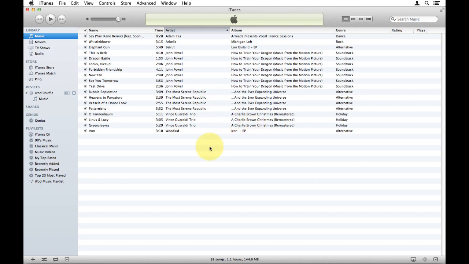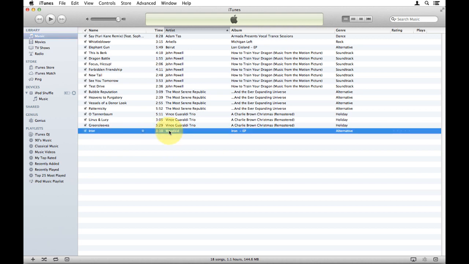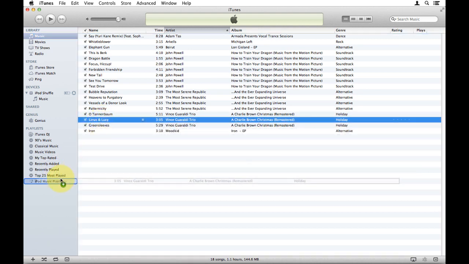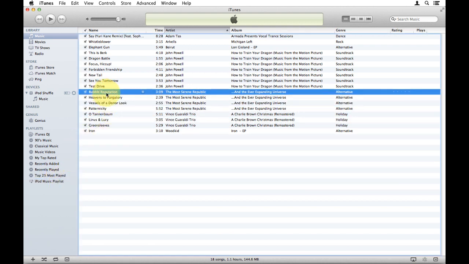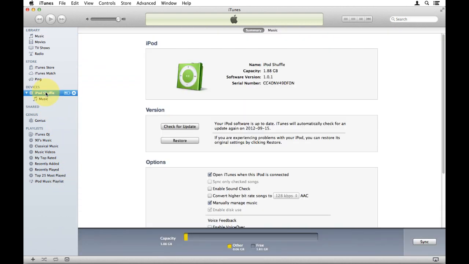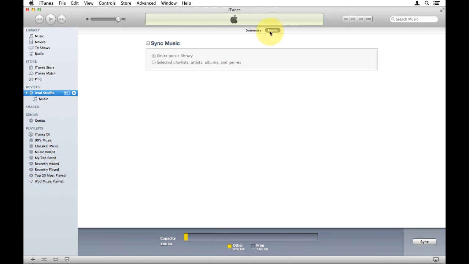for today. So what we can do, if we want, for our iPod music playlist, is just simply click and drag the music on top of that playlist. And just get a bunch of songs in here. So I've dragged about 4 songs in now. And what I can do is, now that I've created that playlist, I can go to my iPod Shuffle, and then at the top here, it says Music, and I'll click on Music, and I'm going to